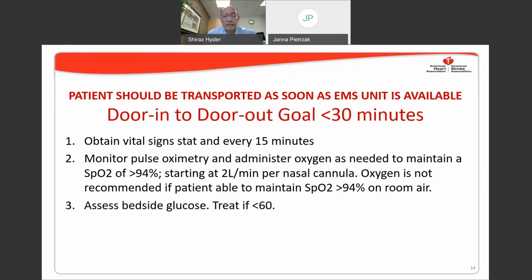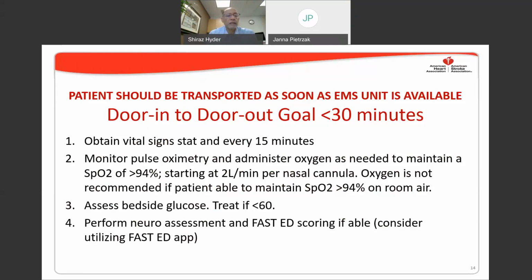And if the blood sugar is less than 60, it needs to be treated right away. Number 4, if you can do a neuroassessment such as NIH stroke scale or do FAST-ED, which I will go over in a minute, that will be very nice. Your receiving facility where you're sending the patient to will be highly appreciative if you have had time and have